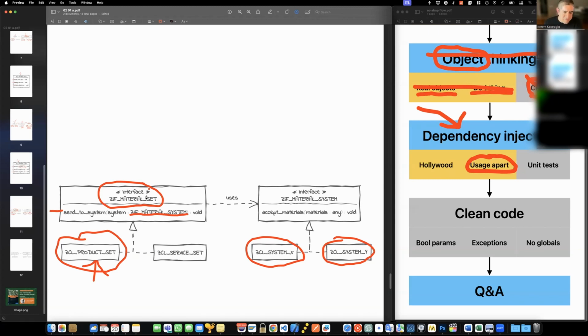In this material interface, I'm telling, hey, listen, if you send me a material system which complies with this interface, I'm happy to prepare my internal table in the format you want and send it to this system. See? Now, in my client program, I will first create an object for this material set.